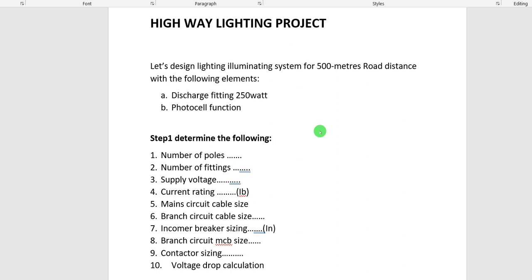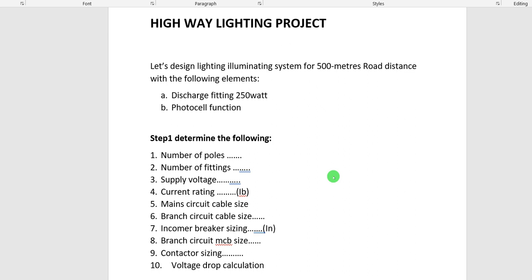So I just put this up for us to go through. We use this one to show you some basic design concepts and the approach. As a beginner in a design and drafting career, you'll be working with predetermined factors. Predetermined factors are those factors you find in a table. For example, if you want a cable size that can carry a particular current rating, you go to a table, you see a list of cable sizes, and you choose the one that can carry the particular current that you calculated. So that is what I mean by predetermined factors.